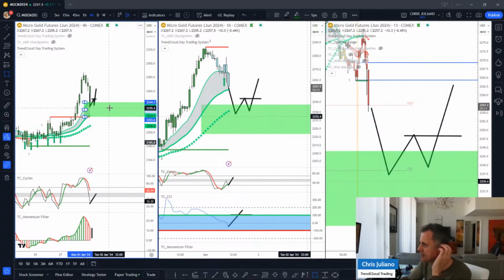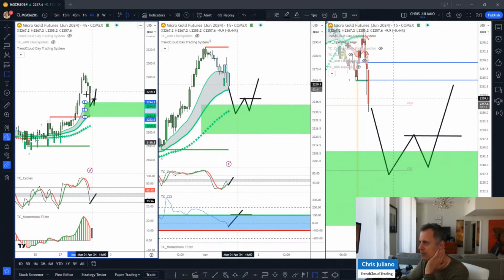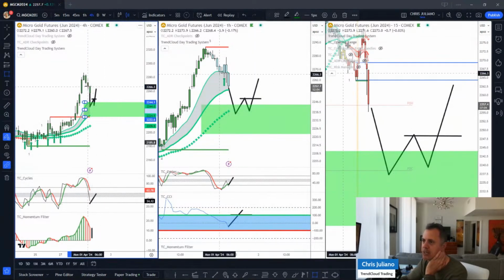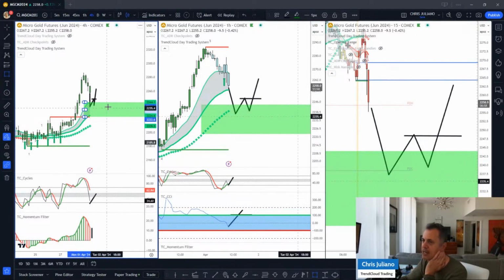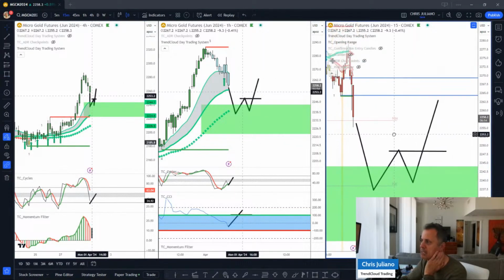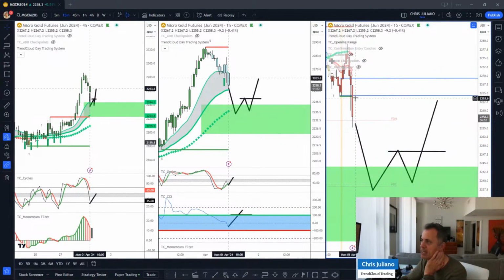The context of this trade is on the 4-hour chart. Cycling down, meaning it's correcting. This is a corrective move into that high time frame trend cloud for some move up. So we need to see on the lowest time frame this pull back into here and